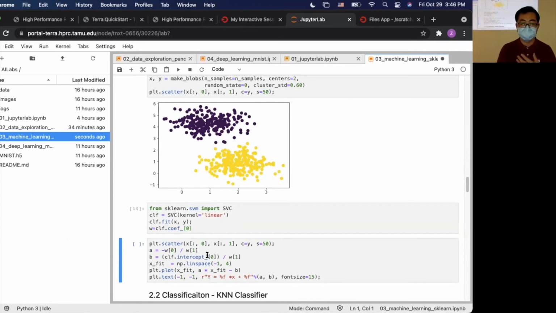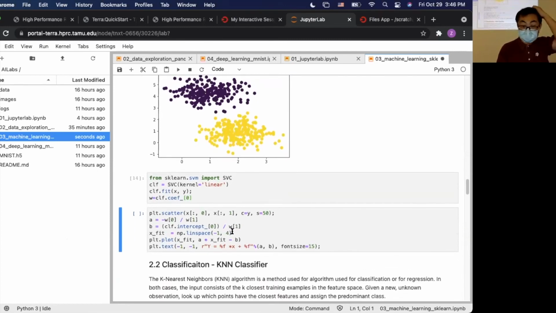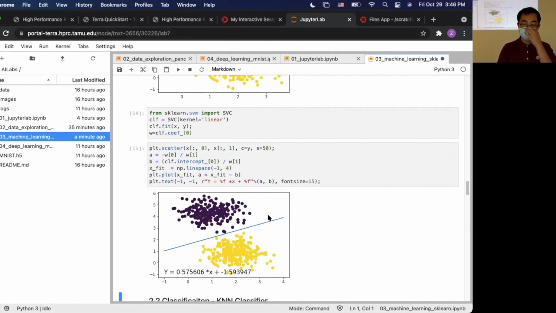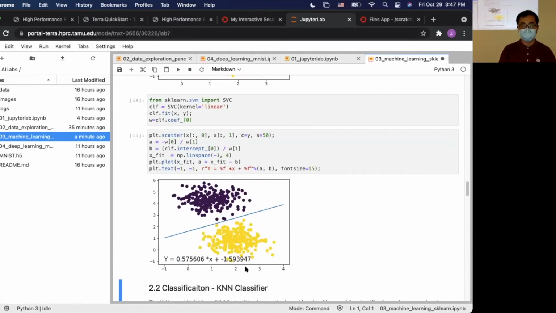It also lets you plot the line. So you can look at this after class, and we can plot the specific line, and also the coefficient is also there. And let's see if it's a line from here. So you can see actually it separates these two classes very well. And so this line is a good boundary between these two clusters.